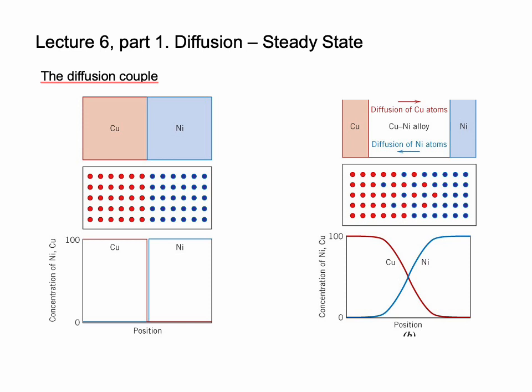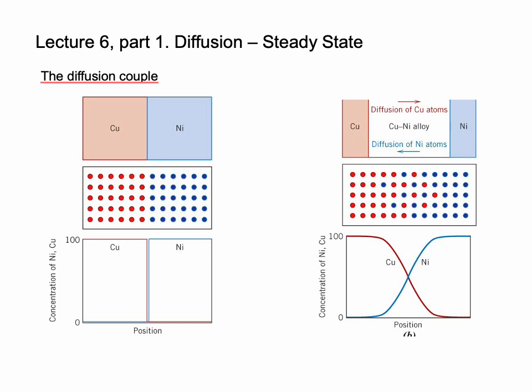This image here at the first slide on the left is what's called a diffusion couple at time equals 0. So we have copper on the left and we have nickel on the right, and they're represented by two different colors. After some period of time,